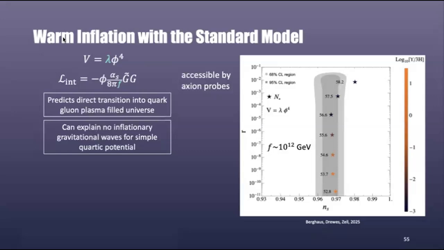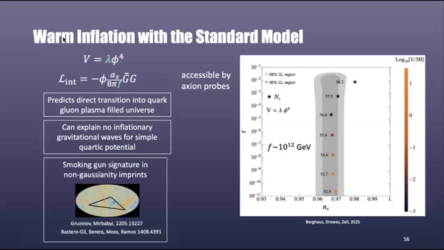And now we can explain how we can live down here in this tensor to scalar ratio plot for a quartic potential, and those potentials are already ruled out for cold inflation. Of course, there are other things you can do, but then you maybe have to modify gravity. So this is one way where you can have a simple chaotic power law inflation, and you're in agreement with